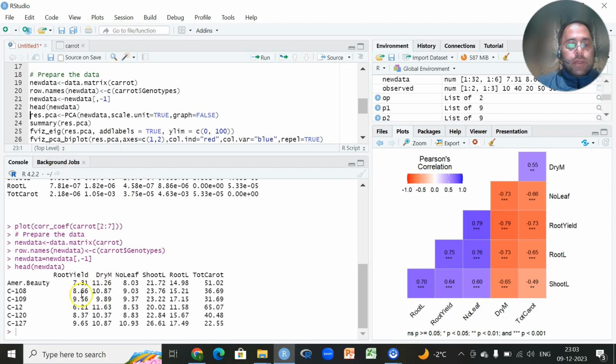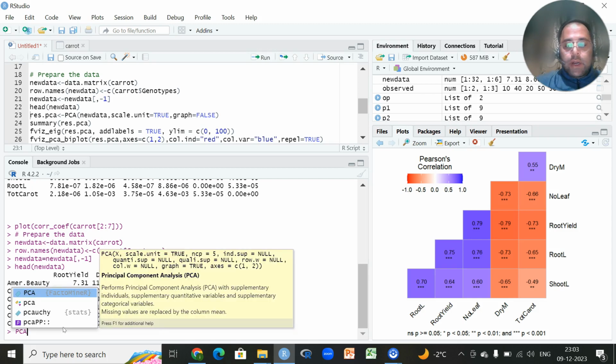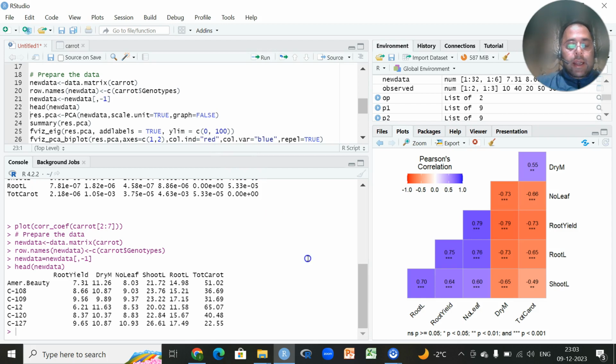rows and few columns. Now in order to perform the basic principal component analysis, or PC analysis, in R, we will use a default function, that is PCA, which performs the principal component analysis with supplementary individuals, supplementary quantitative variables and supplementary categorical variables. The first thing here is that we have to write the name of the data set. Then scale.unit is equal to true, that we have to normalize, or we can say standardize, the data. Then we'll be using graph is equal to false, since if I write this true, then it will